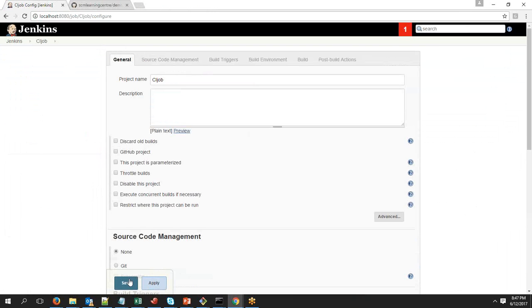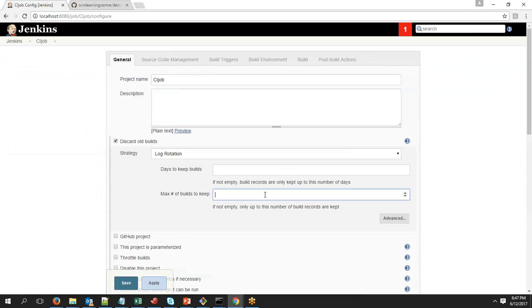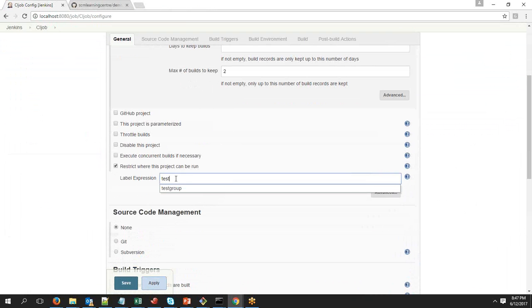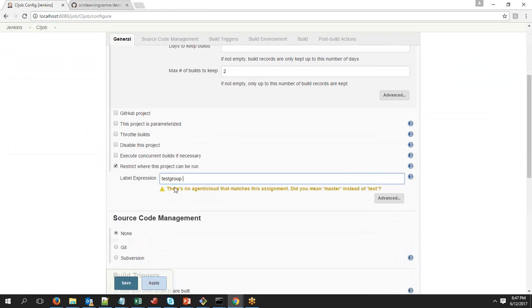So quickly, let's fill in all the other mandatory fields that we need. First, I will set the discard build, and I'll say keep only 2 build outputs. Okay, and then where it should run, I'll give the test group. So it should pick any one of the machines in this test group. Fine. And then after this, the next section that you have is